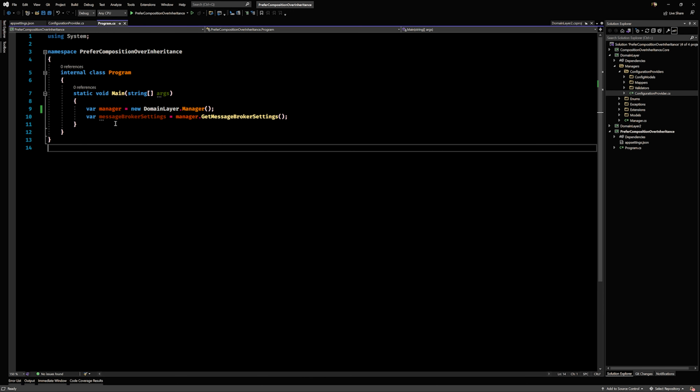And our change or modification here is a library. So let's look at what we are trying to do here. If you look at the three functionalities, right? You have something that can get you message broker settings, something that can get you blob storage account settings, or something that can get you Cosmos DB settings, right? So three capabilities. What if you could encapsulate these three capabilities into their own separate classes?